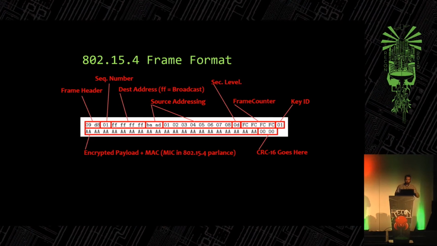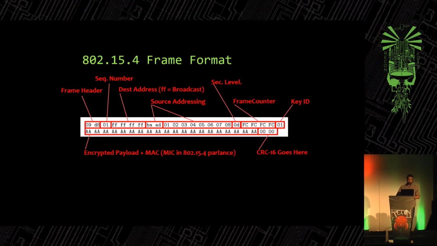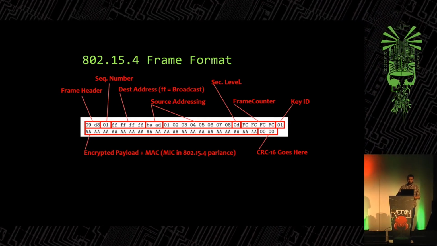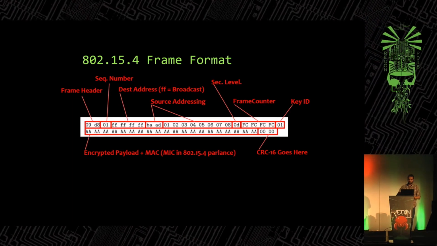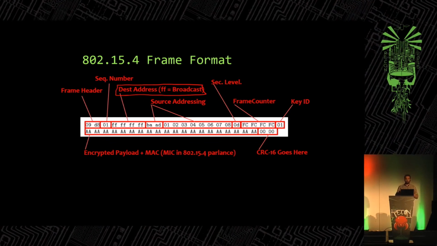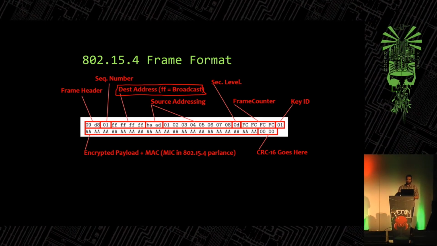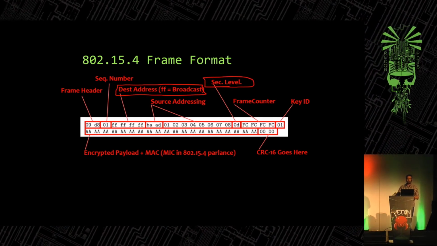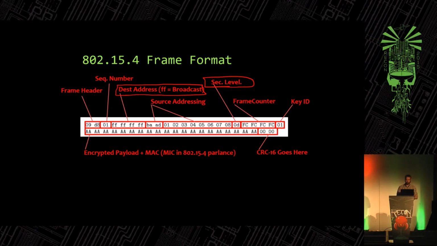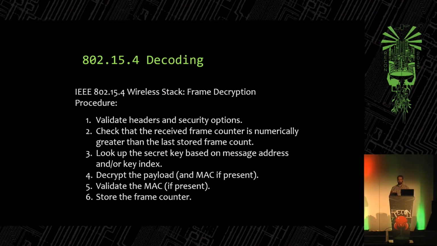So the 802.15.4 frame format looks something like this, and very briefly, when we're doing a secure message, the only stuff you really care about is the destination address. We can set it to a broadcast, so we can just force a node to receive it. Any node that receives a valid-looking message is going to try decoding it. And if we set this security stuff up, the device will try to decrypt the message. It'll obviously throw it away as soon as it realizes it's invalid,